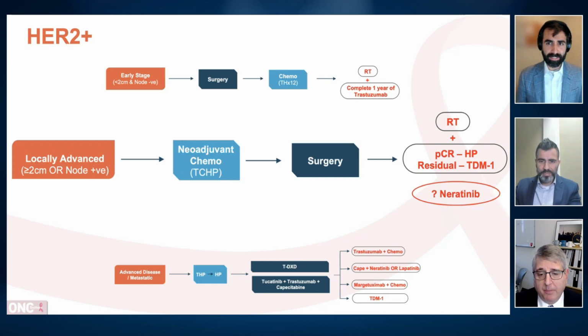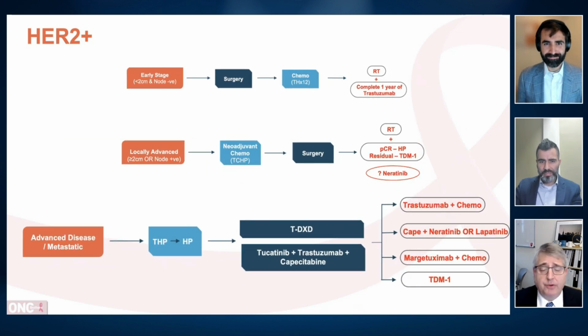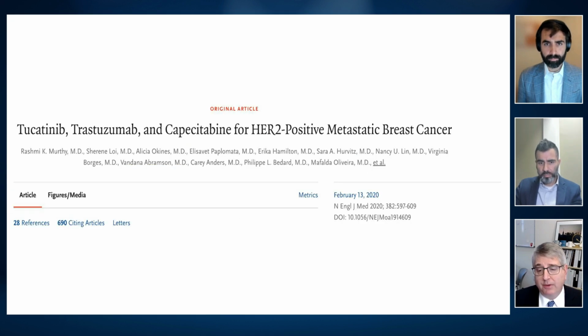Now let's dive into metastatic disease. Hal, your take here. There's a lot happening. So current practice, our algorithm would be THP, and then shifting to the maintenance phase of HP. If the tumor is also ER positive, I often introduce endocrine therapy at that point as well. And then they're followed. If they should progress in the future, then they have options of reintroducing the taxane or switching to TDXD or switching to TDM1, which is a little bit less toxic, or using the tucatinib-based regimens of